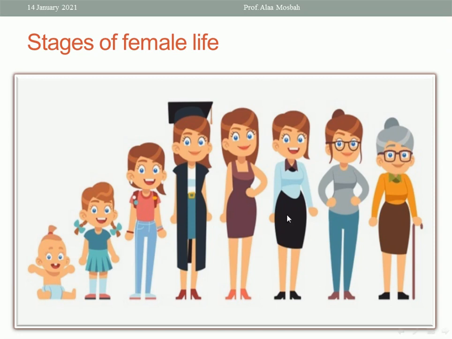So please look to this picture. This is the stages of female life starting from infantile period, childhood, pubertal age and adolescent, childbearing age, then menopausal age and post-menopausal age. There are many physiological and morphological changes that occur during the female life from infantile age to postmenopausal age due to the hypothalamo-pituitary ovarian axis and due to sex hormone steroids produced from the ovaries like estrogen